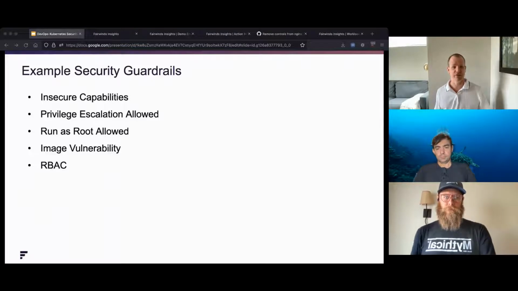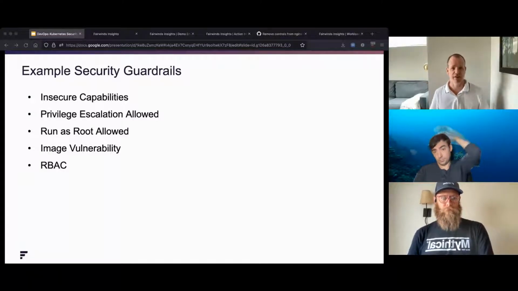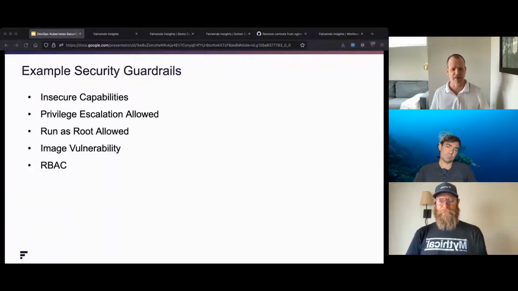And so this particular bullet here is referencing a goal as a guardrail of making sure that your workload running in Kubernetes only runs with a limited or without a full set of capabilities. So ideally, you want to specify a security context in your workload that drops all capabilities and then adds in individual capabilities that your workload needs, so that you can reduce your potential attack surface and you can reduce an attacker's ability to potentially jump from a workload they may have gained access to into other workloads or into the cluster itself.